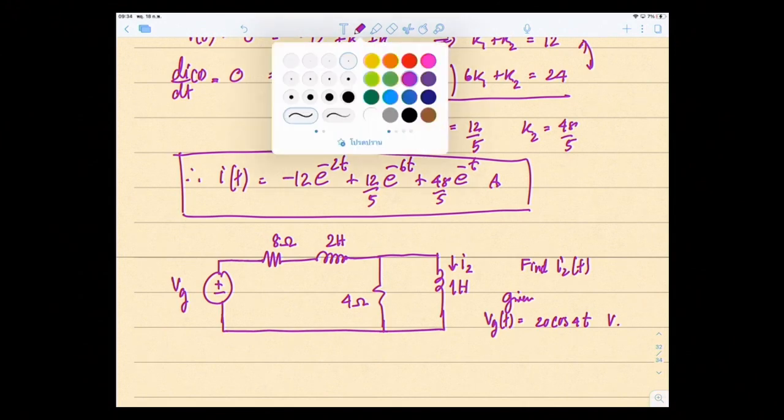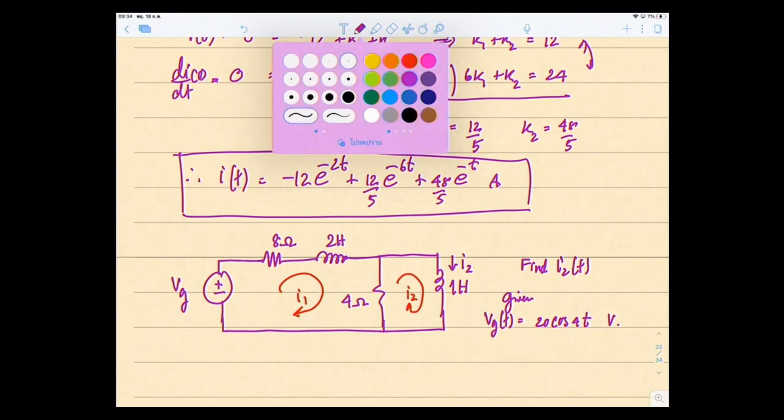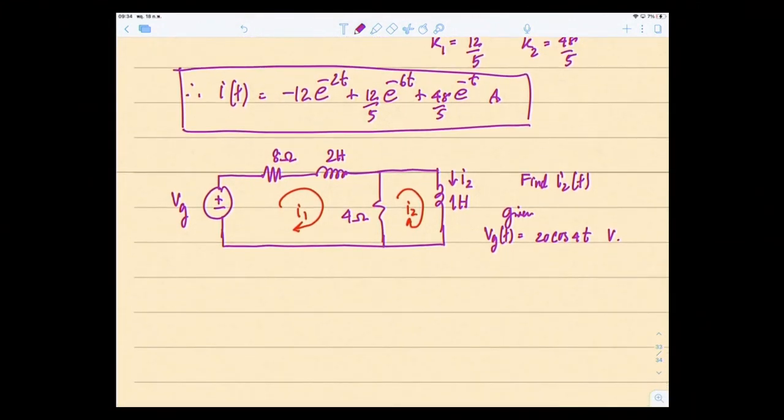In this case I'm going to use mesh analysis. So this is I1, and this is I2. When we do mesh analysis, we write KVL of mesh I1. So it's minus VG plus V across 8 ohms, according to the current I1 flowing in this direction, with plus-minus voltage drops like this, plus V across the 2 Henry plus V across the 4 ohm